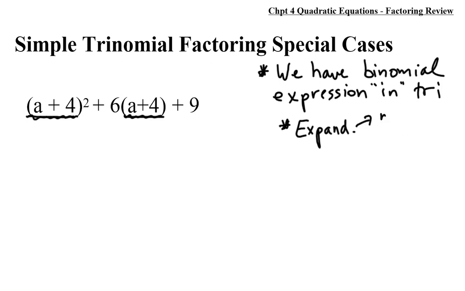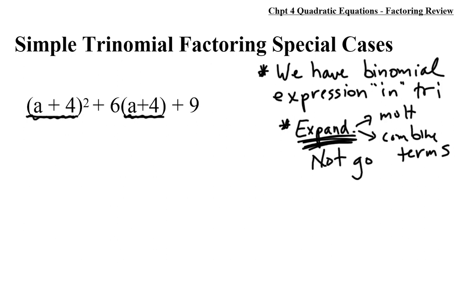Do a bunch of multiplying, do a bunch of combining of terms, and then get a trinomial to factor. This process, not good. It's not efficient. In this course, we're preparing for stuff where you need to be more effective. If you have the exact same thing, what we can do is just replace the a plus 4